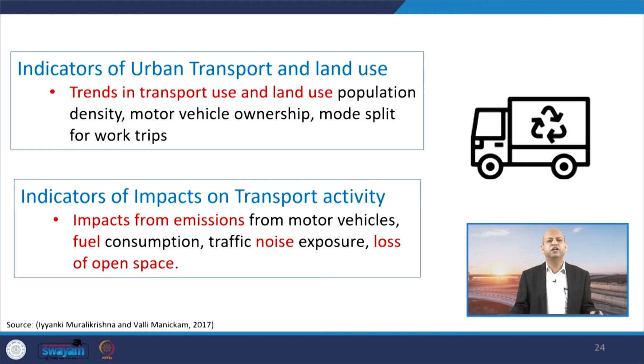Similarly, we have to see the impacts from emissions from the motor vehicles. So, whether two wheeler emissions or from the cars, four wheelers, public transportation, then the noise, loss of open space, all these are the basic part of the quality of life, because you may have transportation system which is very much congestion oriented, then that is not good, because it will waste lot of time as well as it will also add into pollution, because of congestion lot of fuel will be burnt and speed will be slow.